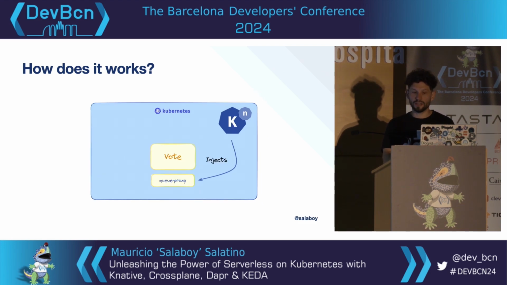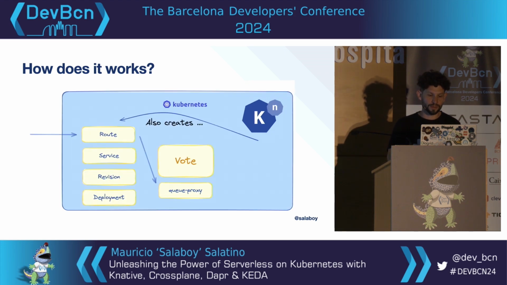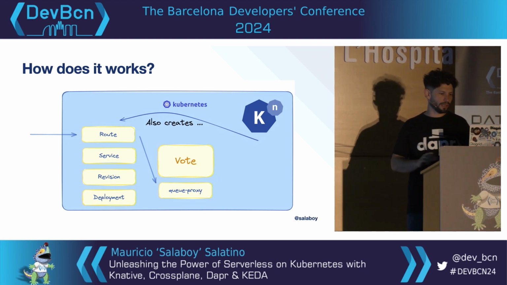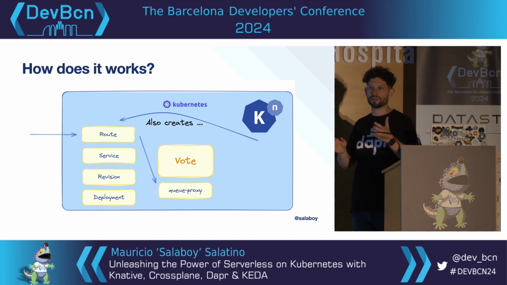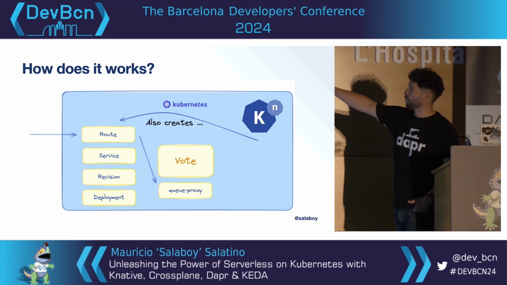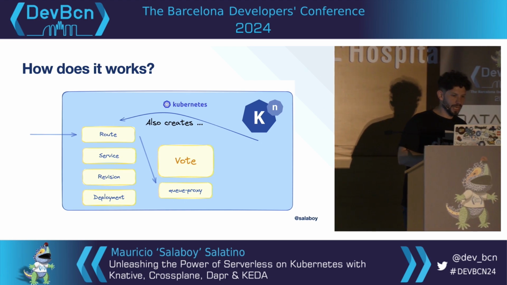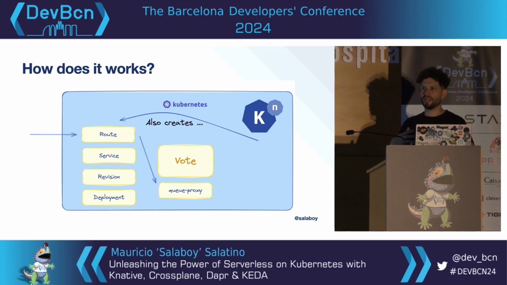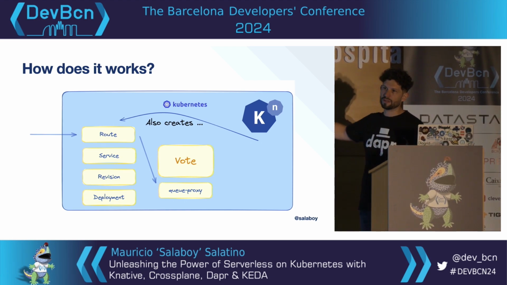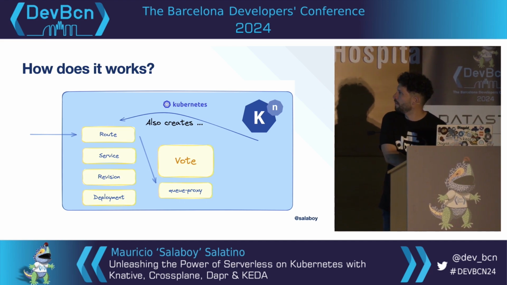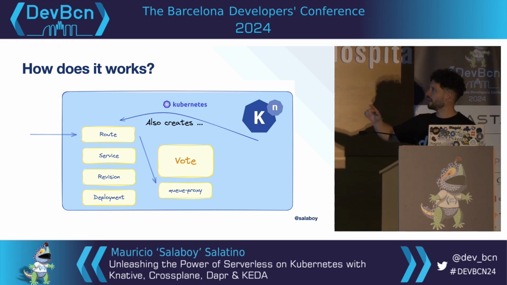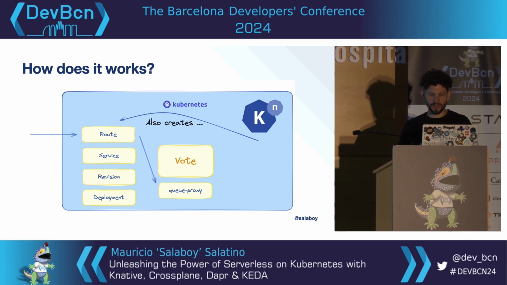It deploys a sidecar called kubeproxy that runs very close to your application and intercepts all the requests. But it will also create a bunch of other resources behind your back. It doesn't really matter, but it will create a route resource that is in charge of having a URL associated and then routing all the traffic to the proxy of the application. The main idea with Knative is that it has a networking layer that gives you access to things like traffic splitting and a bunch of other crazy things that you would do with something like a service mesh.